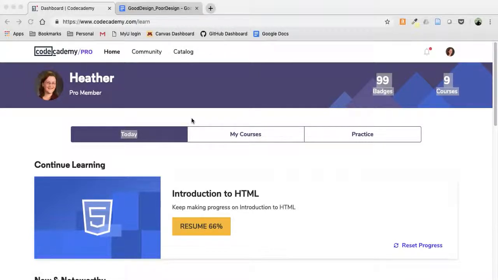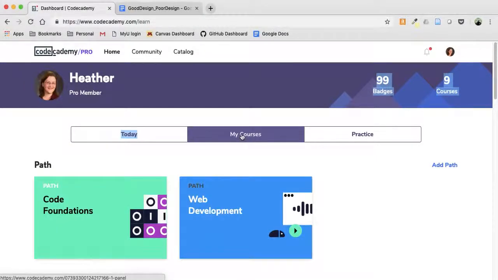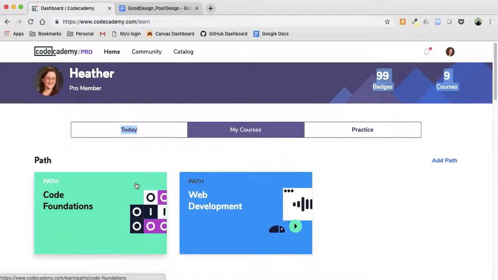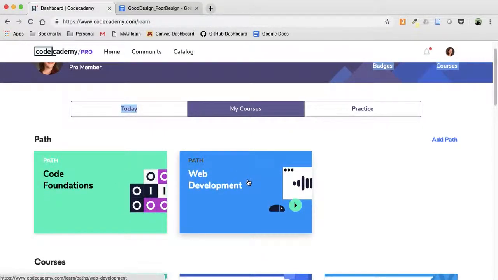You see, every user has a dashboard where one's current and future courses, site news, and other primary forms of information can be found. Let's look at the My Courses tab for more details. There are two different types of course listings on this page. At the top, you'll see a section called Paths. Paths are groups of related courses. I'll show you one as an example. The web development path,